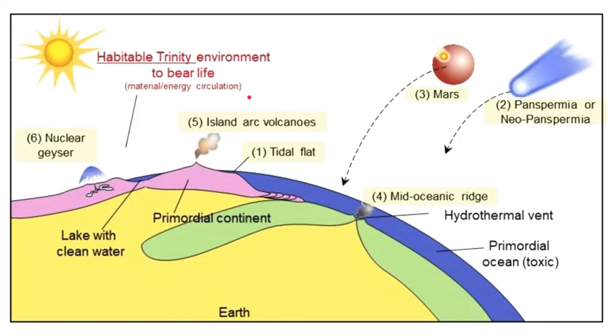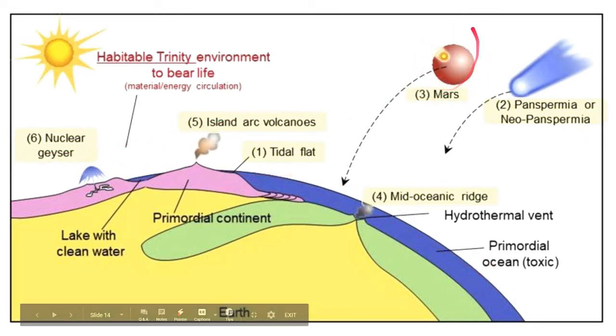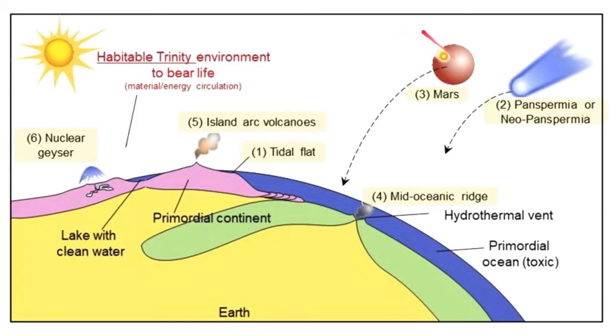So the theory of extraterrestrial origin, or panspermia, tells us that in the primitive Earth, cosmic dust, possibly, for example, from Mars, when it was hit by asteroids, might have reached our planet, or when we were constantly bombarded by asteroids or meteors that hit our early planet all the time. So these are possible carriers of building blocks of life, or organic materials that were necessary to kickstart the evolution of life on our planet.